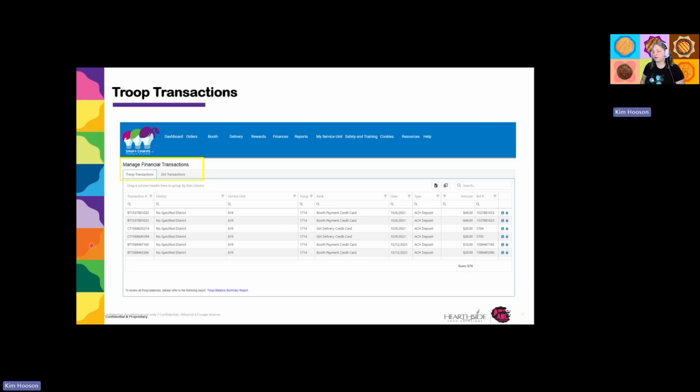So on here, you'll see a few different things. You'll have your transaction numbers. We don't use districts, so that's not information we'll need to see. Service units, troops, and then what kind of payment it is. It says bank here. If we do an ACH transaction to or from your troop, that will show up here. I don't know why it's titled bank. It just is. You will have what kind of transaction it is, the date, the type, whether it was a